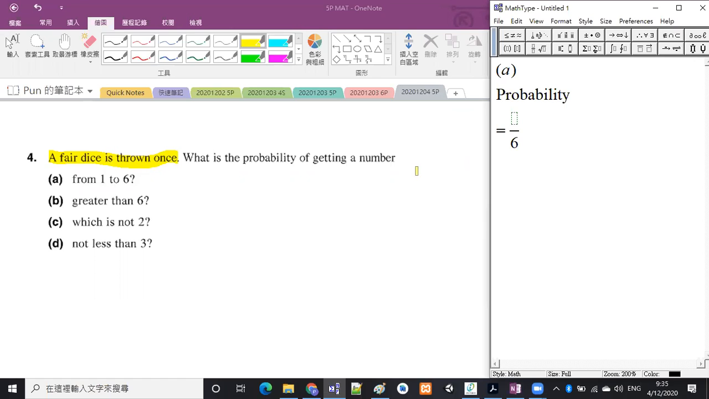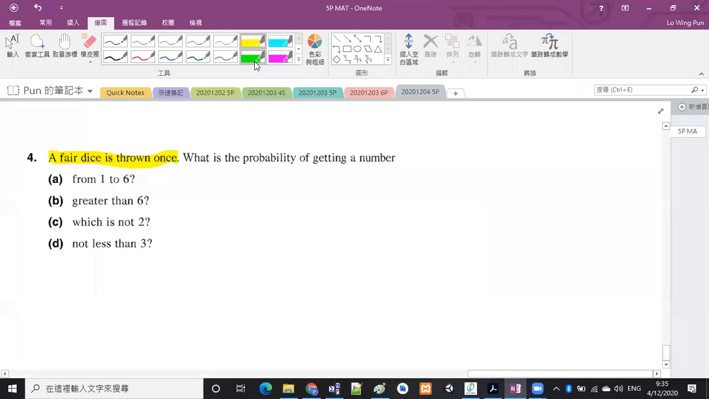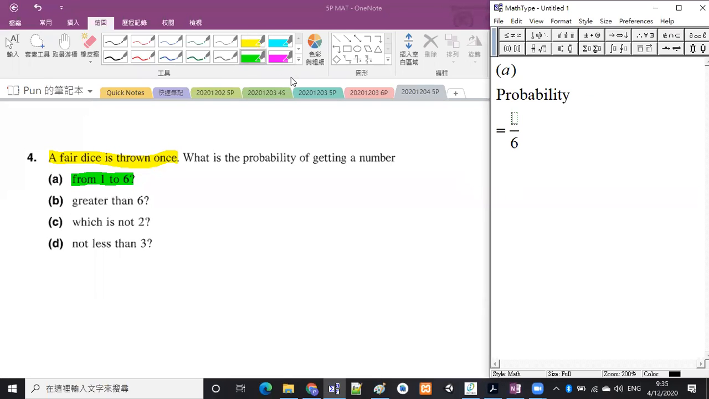And then the requirement is from 1 to 6. The number is from 1 to 6. 由1至6都得，都係符合到嘅。咁即係話1至6裏邊6個都符合到。Okay, so the answer should be equal to 1 in part A. It's okay. And then in part B,